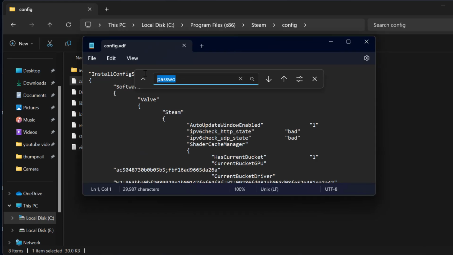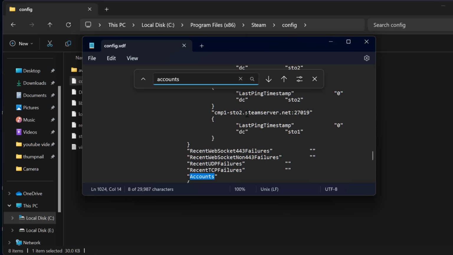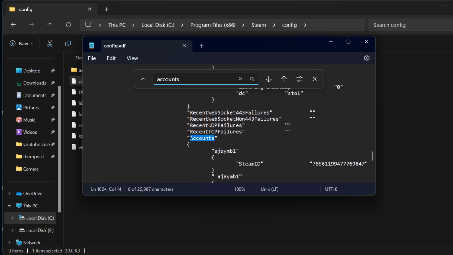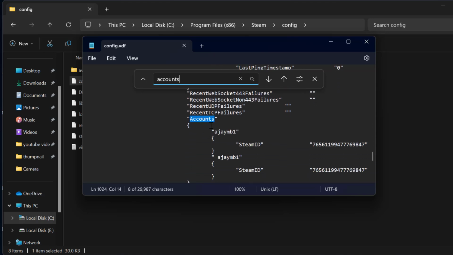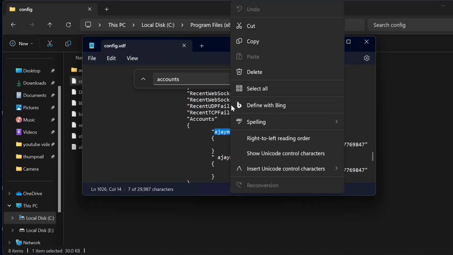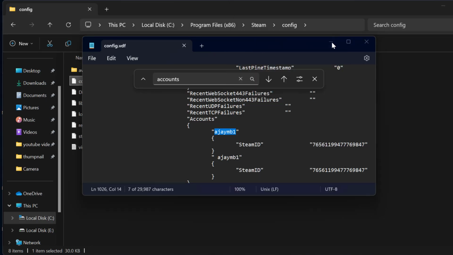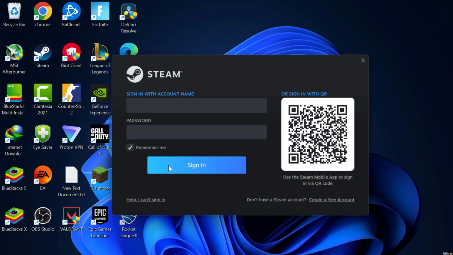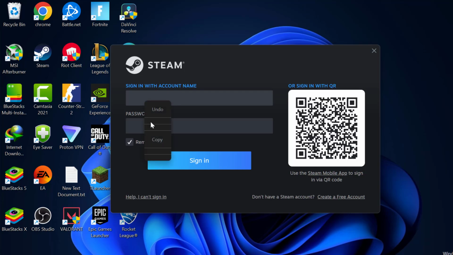Now in here you just need to type accounts, ACCOUNTS, press enter, and now you will get this. Under accounts you can see your username. Just copy the Steam username and go back to Steam, paste the username we copied, type the password,